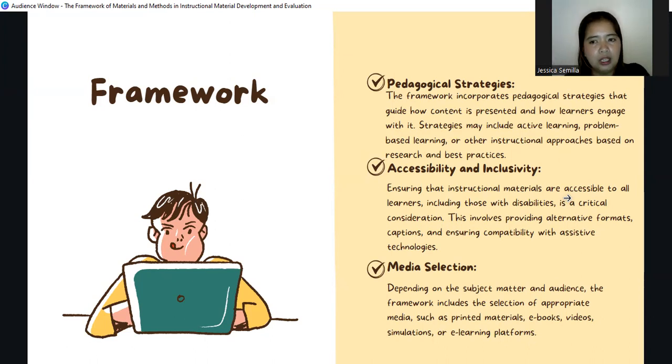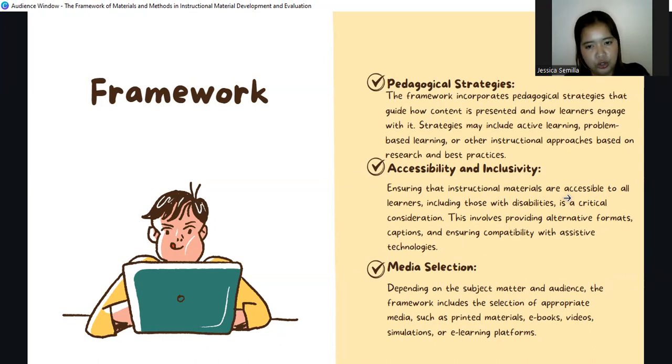The instructional material should be accessible to all learners, compatible to all their learning resources and context of learning. This involves providing alternative formats, captions, and ensuring compatibility with assistive technology. So in short, your learning material should be compatible in different places and in different learning resources that are available